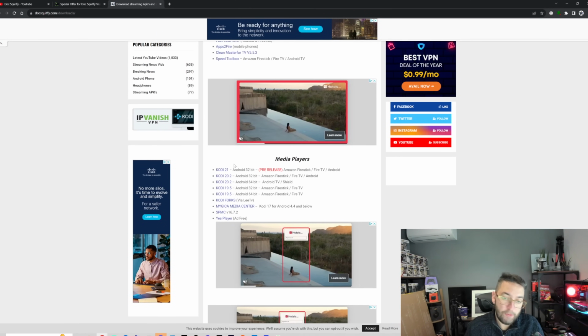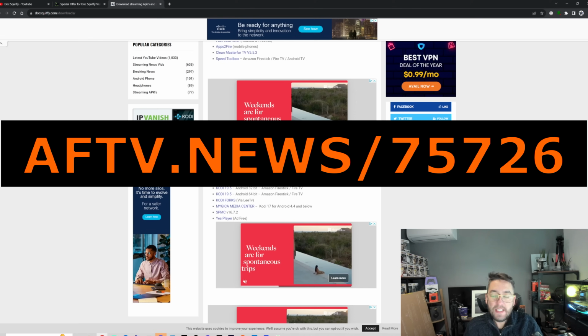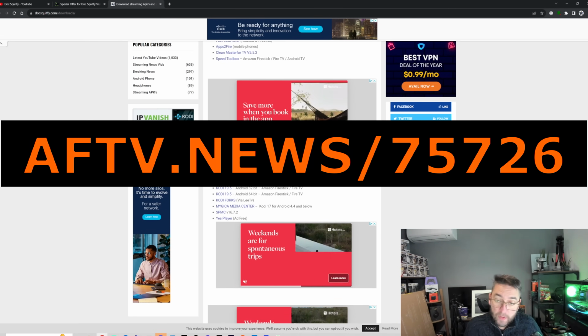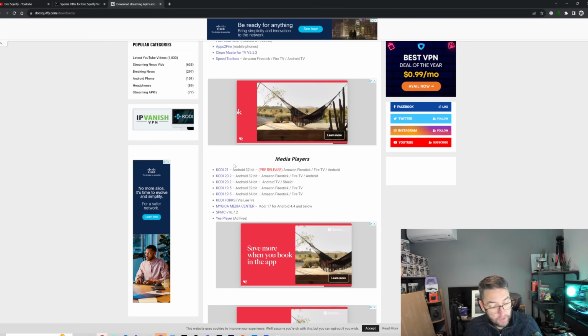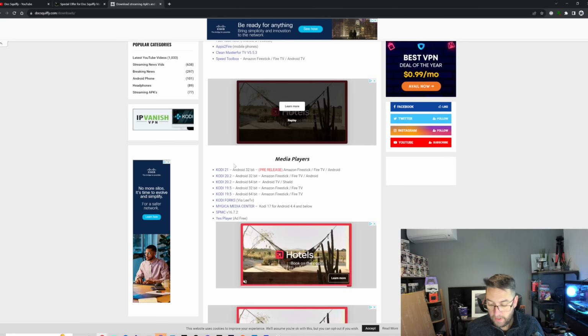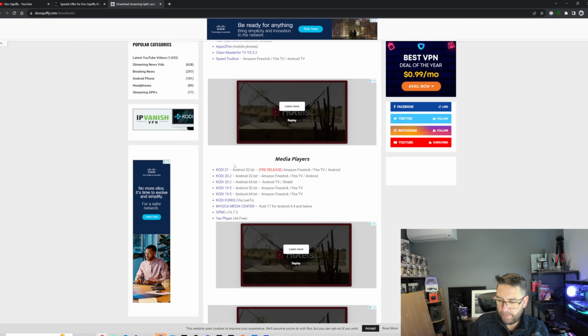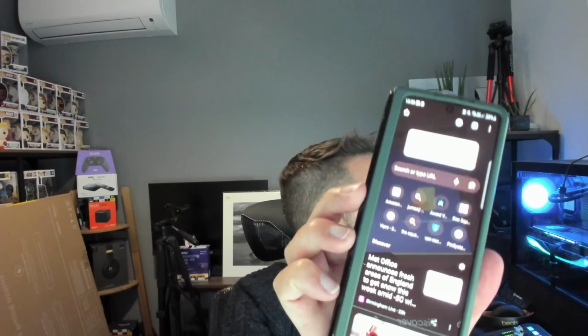And you can do the same for any code. So it's aftv.news/ and then any code. The same thing works on your phone. So if you're on your Chrome app, let me find that for you now. So for instance, if you wanted something on your mobile phone, let's go a little bit bigger, right there. It's a bit dark in here today, but if you wanted something on your phone, you go into your Chrome,